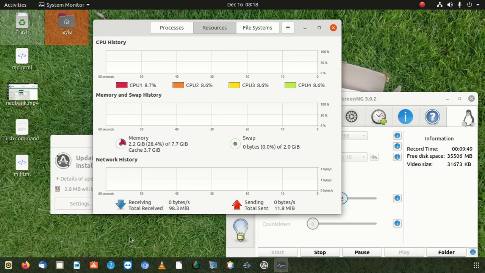You can see that NetBeans was taking a lot of memory. It was 40%, and it takes almost 12% when I open it. You can see it takes a lot of memory. It's a heavy software. That's why they always tell you to let your RAM be a little bit heavier, because